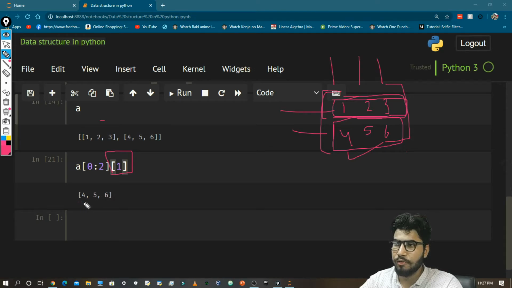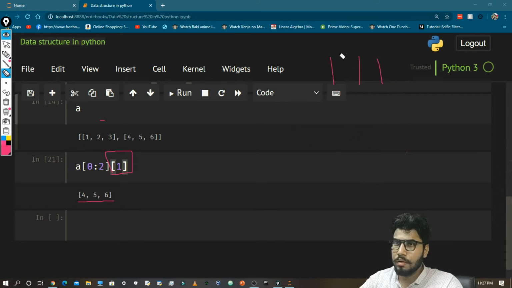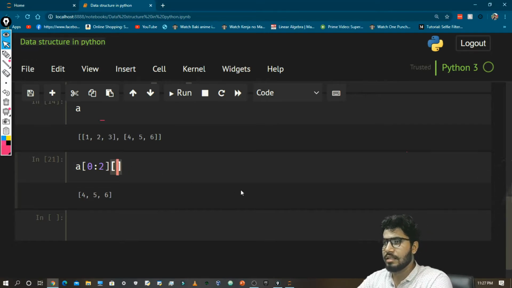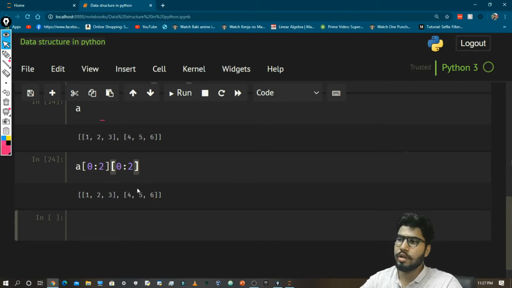That's why it is showing 4, 5, 6. Similarly, you can access the 0th column, and you can also get values like 0 to 1, 0 to 2. Here you will get all the values.